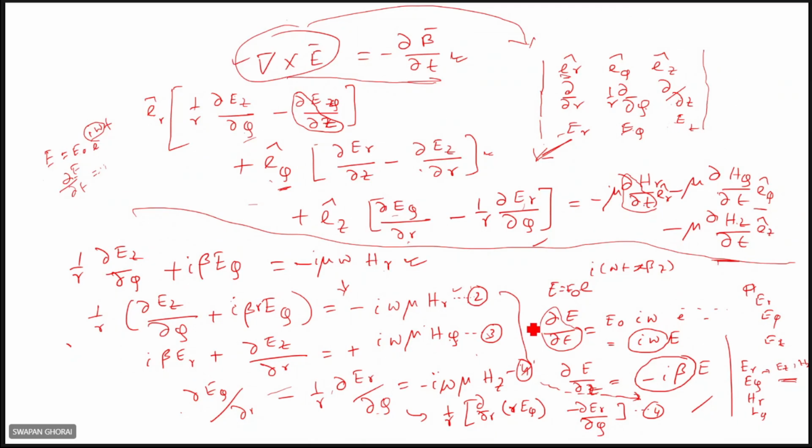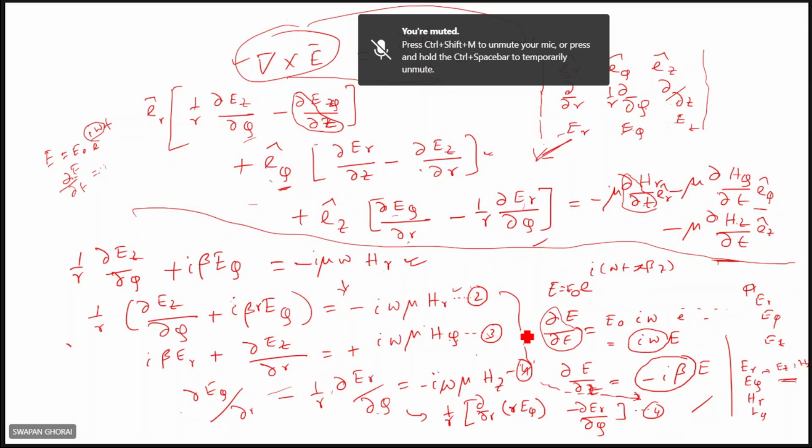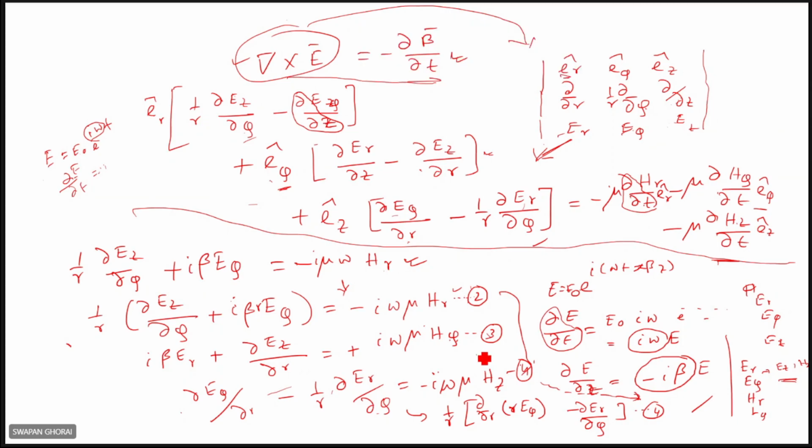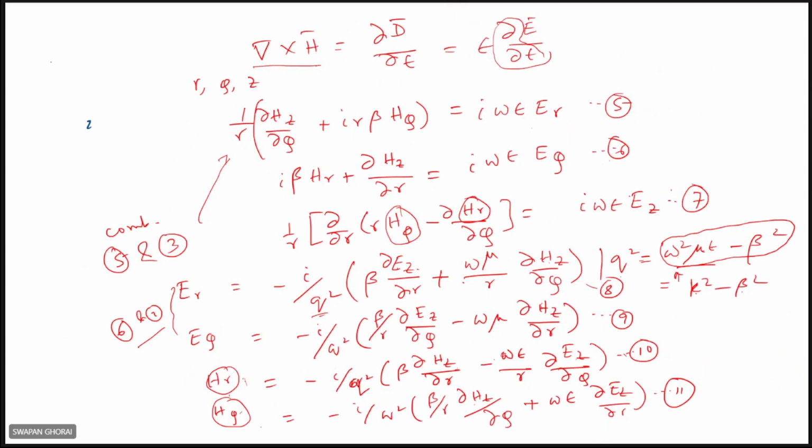You're getting this one. Into C. C means EZ. Here into EZ means here is this one. So if you substitute HR and H5 in these equations, then